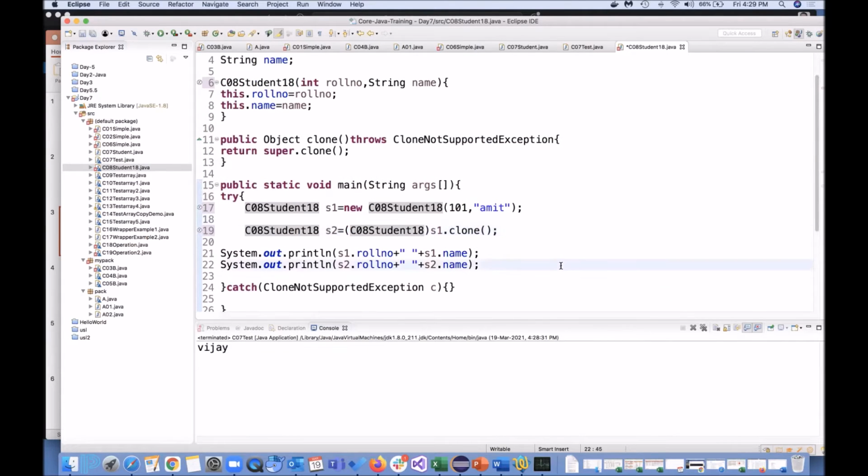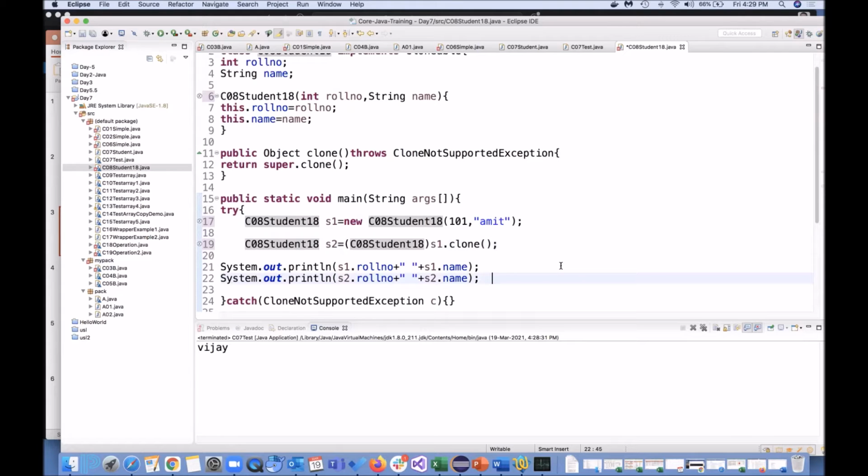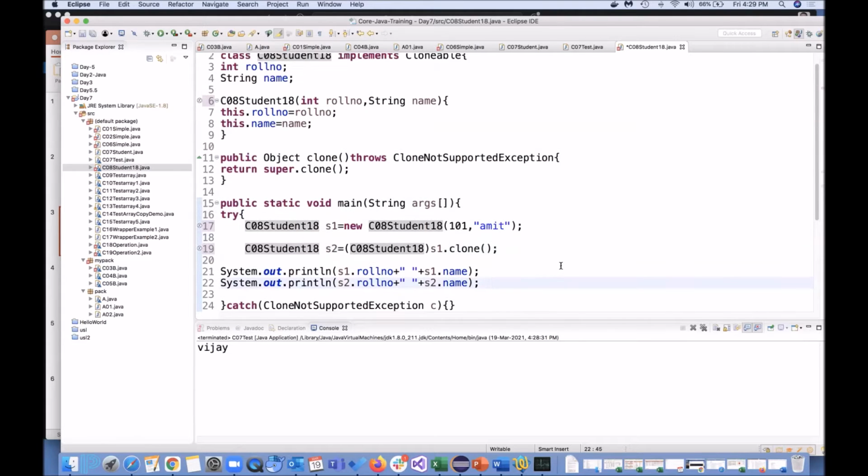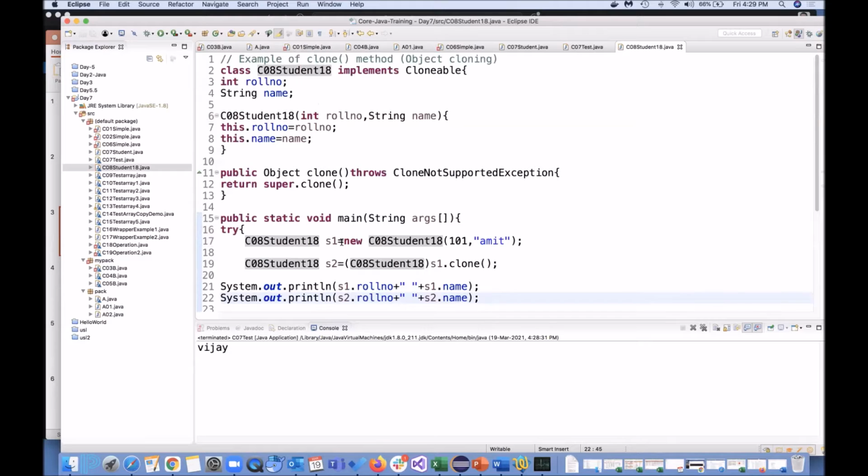What I explained in the theory is this new keyword. Writing this new keyword is always a costly operation in Java in terms of memory.